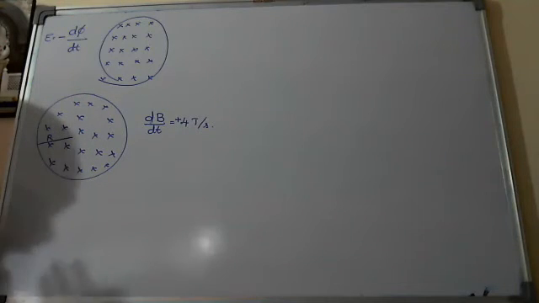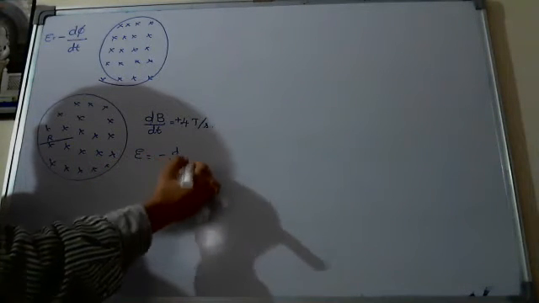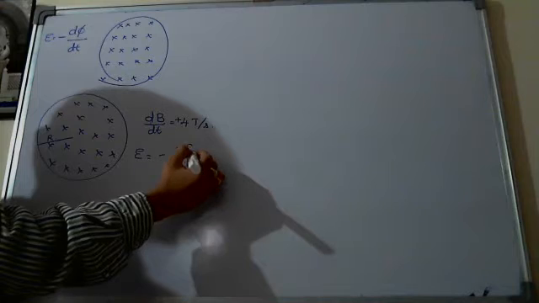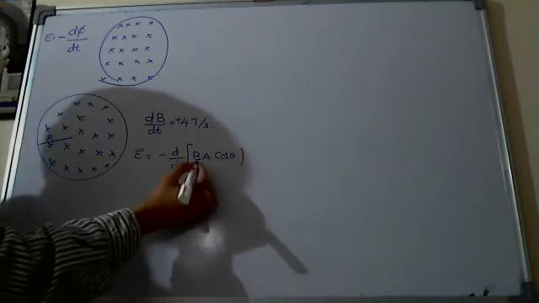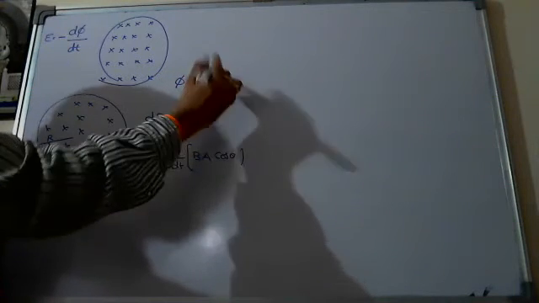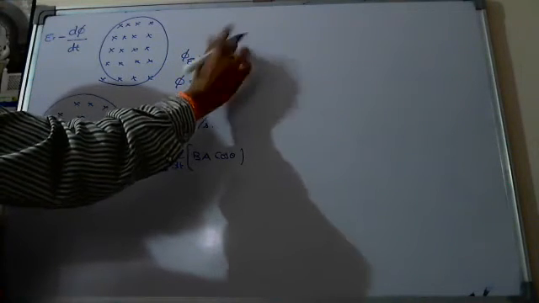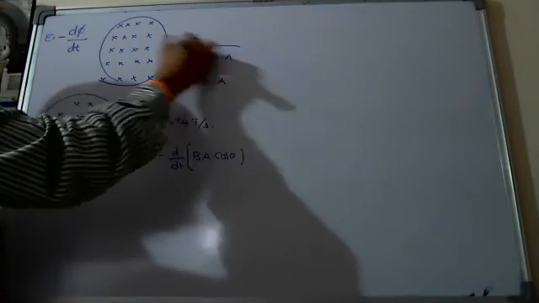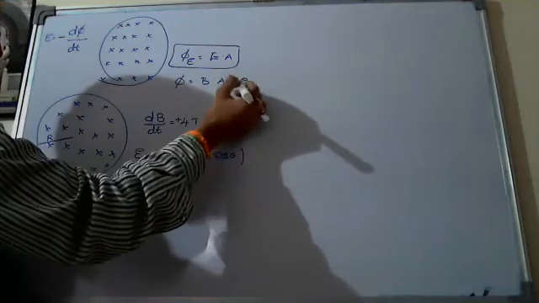What is the EMF induced there? I think you can say the answer. E is equal to minus d/dt of phi. Phi is B into A into cos theta, I think you know. Magnetic flux is B dot A. Electric flux is E dot A, which is what we applied in Gauss law in the electric charges chapter. So B dot A, dot means the angle between B and A, that is cos theta.